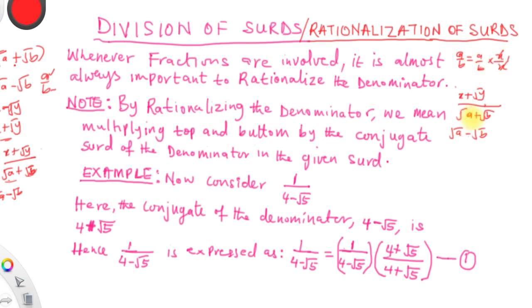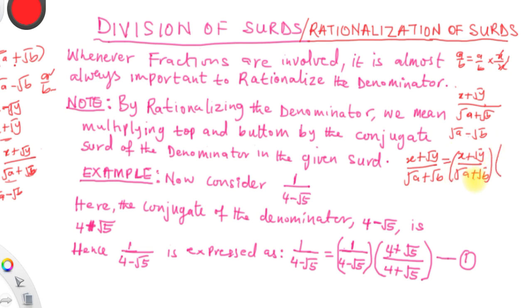So what we mean here is that the set you are given is, say, the square root of Y over the square root of A plus the square root of B. To rationalize it, you write the same set, the square root of Y over the square root of A plus the square root of B. Then, this is the given set, you multiply the numerator and the denominator